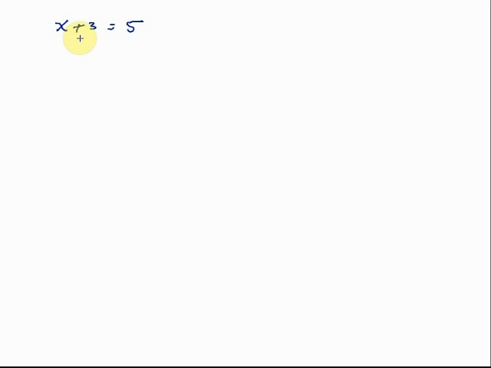X plus 3 minus 3 gives you x, and 5 minus 3 gives you 2. So in this case, the one and only solution is x is equal to 2. That's what makes this come out true. And then we've dealt with